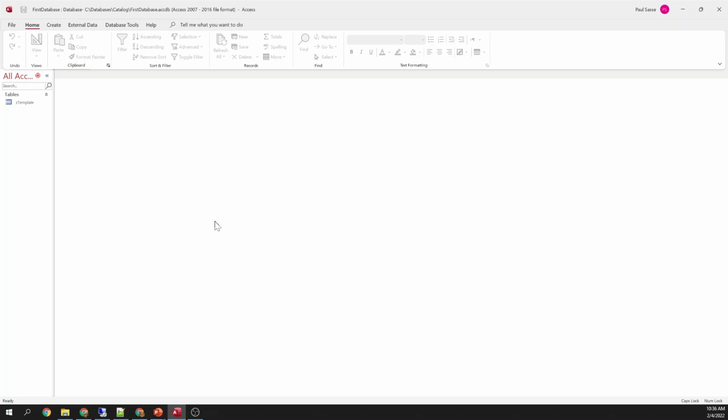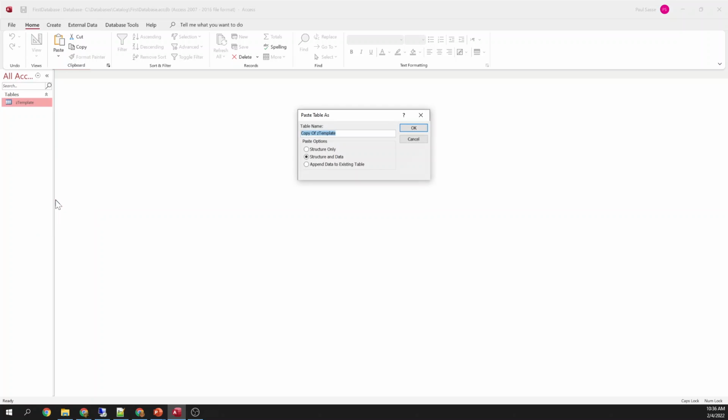Okay, now the database that I'm going to show you how to design is a very simple order database. So keeping track of customers, a catalog table, and an order table and an order detail table. So it's going to be customer, item, order, order detail, 4 tables. Okay. So first I'm going to just start with customers. So all I'm going to do is I'm going to copy this table because it's my template table, and then I'm going to paste it. And then it asks me for a name,